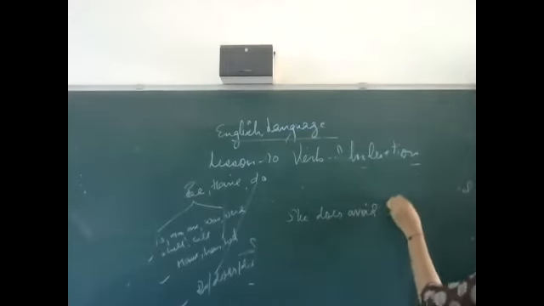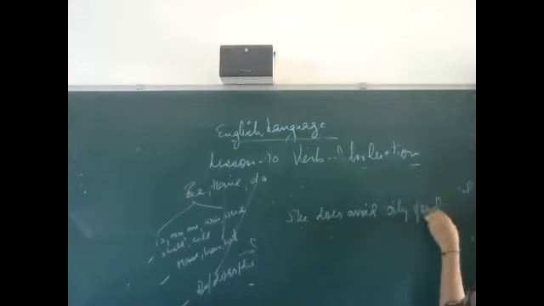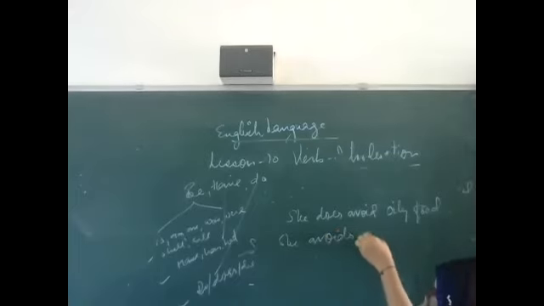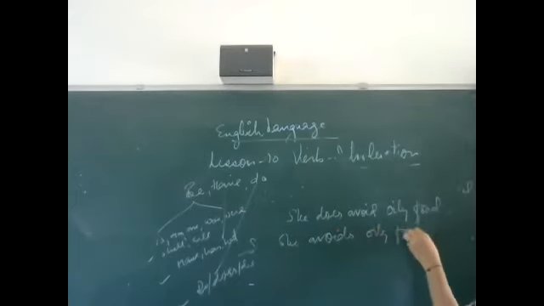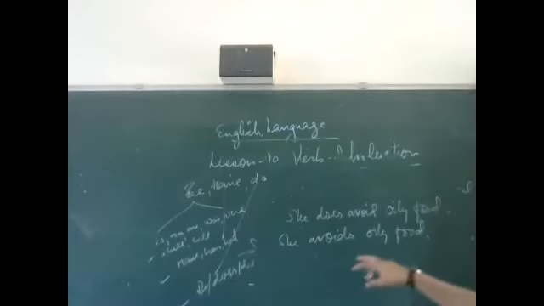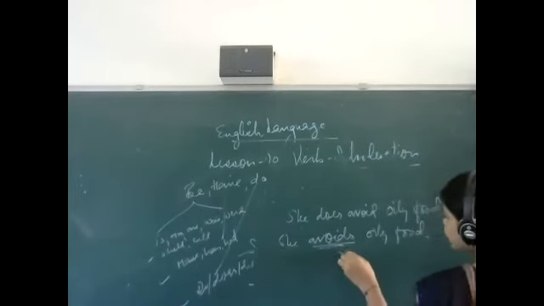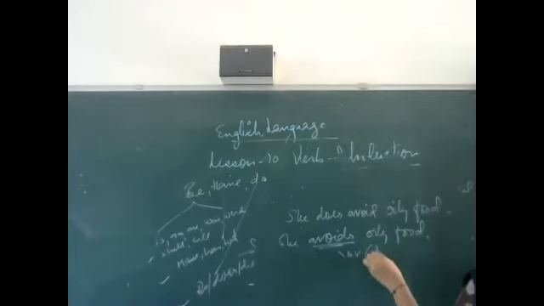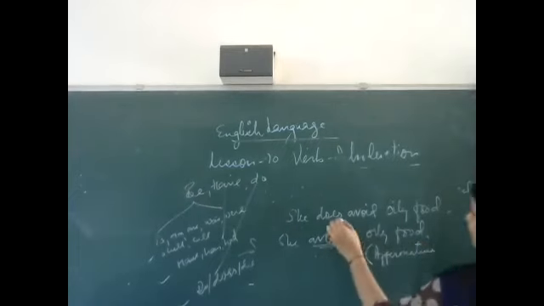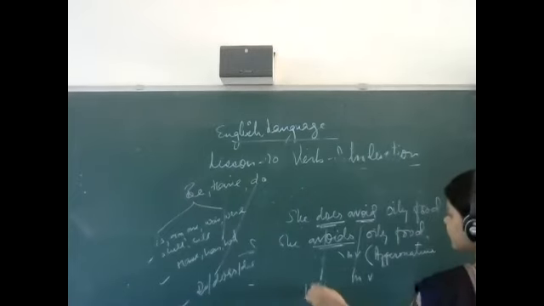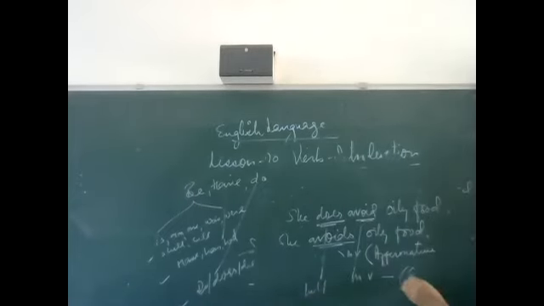She does avoid oily food. Okay, if I write, she avoids oily food, see that both sentences are the same, giving the same meaning. No, she does avoid oily food, and if I write, she avoids oily food, what is the difference? Here only one verb is given, that is the main verb, and it is a type of affirmative sentence. Here does and also avoid: the main verb is avoid, does is the helping verb. And it is what type of sentence? Emphatic.